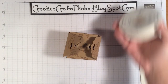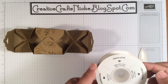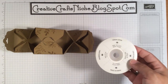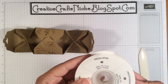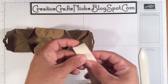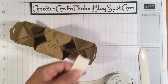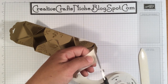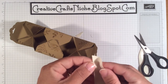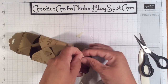Okay. And I'm going to bring in the cotton ribbon, and it's the 7/8 of an inch, so we're going to be working with that. And as you can see, it's a bit bigger than the hole that we're going to be using there. So I'm just going to trim this first, and then go ahead and